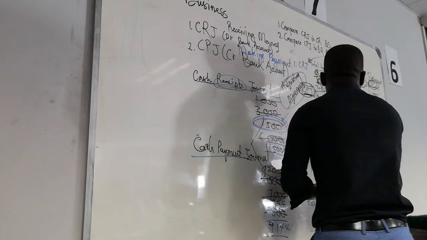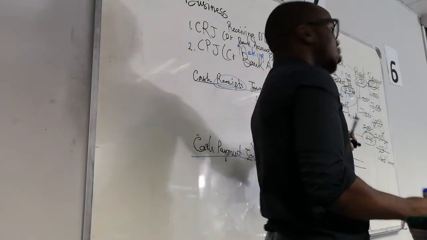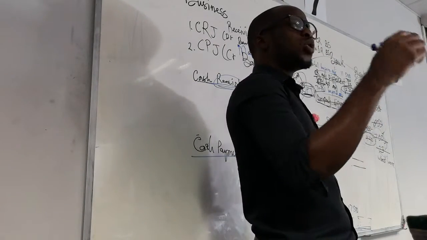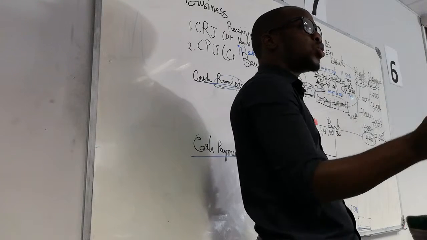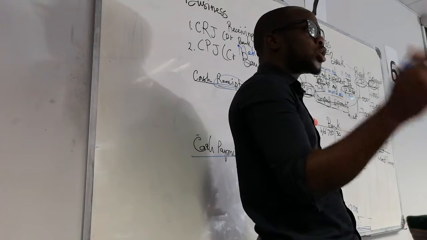So we are going to tell you that there was 700 at the beginning of the month. You're going to write it here. You don't have to calculate it, you don't have to think about it, as long as you know what to do. Are we together? As long as you know what to do.